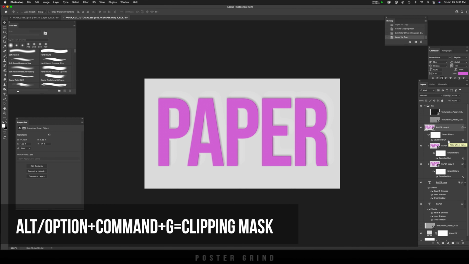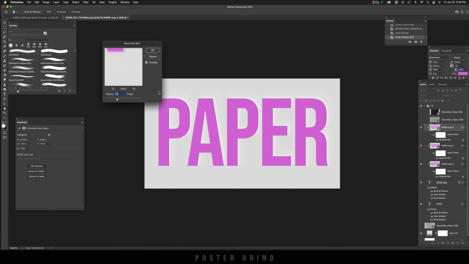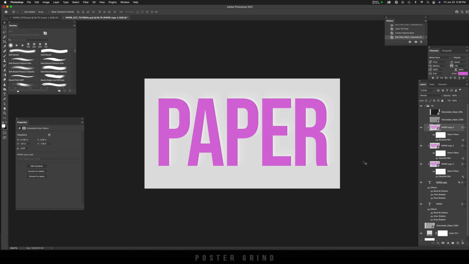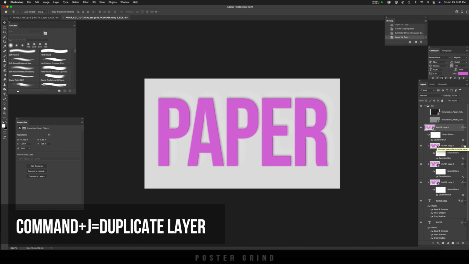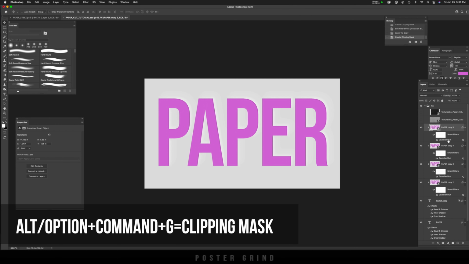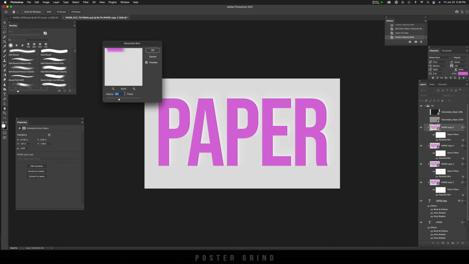and then we're going to do this again, Command J, and then we're going to hit Option or Alt, Command G, clip it to that layer again, double click Gaussian Blur, and on Gaussian Blur we're going to increase to 9 pixels, hit OK, and we're going to do it again, Command J, and then clip it to the layer again, Alt or Option Command G, and then double click Gaussian Blur, and increase it to 11 pixels, hit OK,